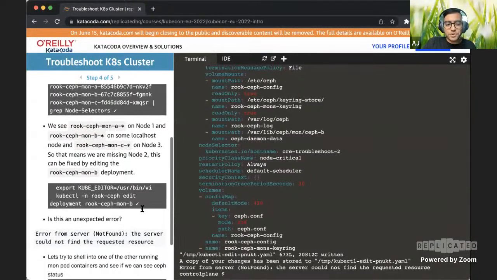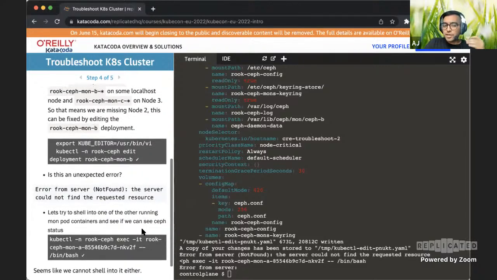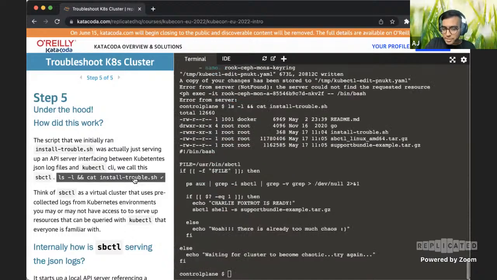So if we try to exec into it, okay, so that does not work either. So as you can see, there are some limitations to this, right? And why is that? So essentially, what we ran earlier, the install troubleshoot.sh, if we cat the contents of it,